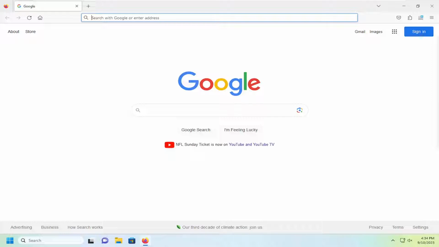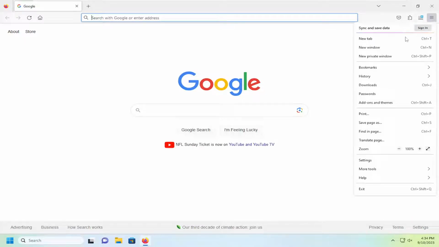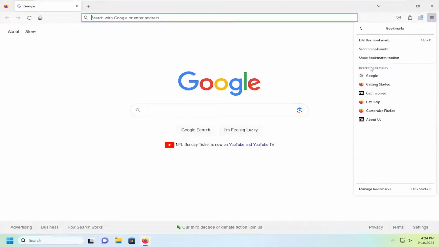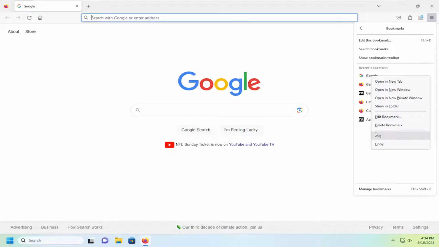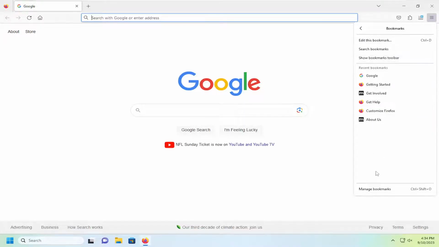So all you have to do is open up the Firefox web browser and select the application menu up at the top right corner. And then you want to go down and select bookmarks. And then you can just right click on whatever bookmarks you want to delete, and then you can select the delete bookmark option. Alternatively, if you have a lot of bookmarks in here, you can just select the manage bookmarks